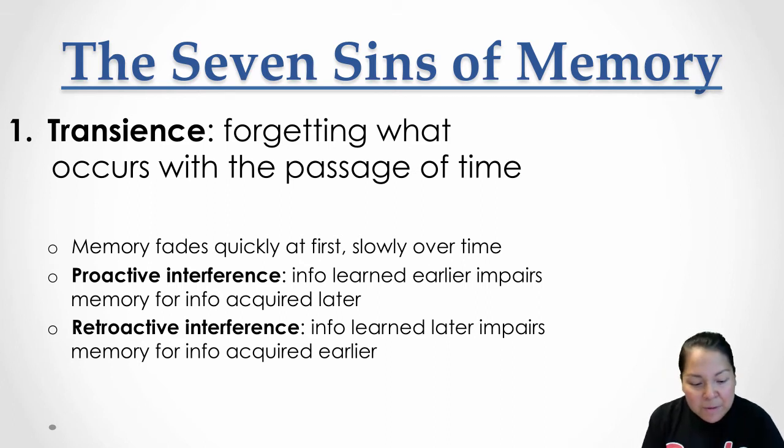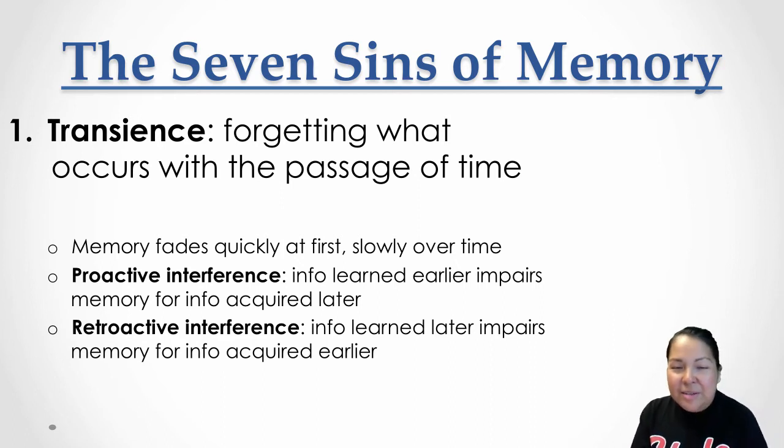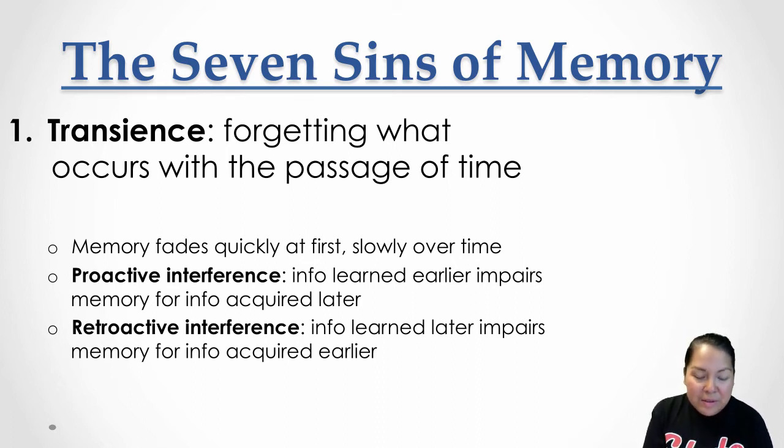So the first one that we'll talk about is transience. Transience occurs after the memory is encoded, but before it's retrieved. So it's information that is lost while being stored. One way of thinking about transience is with short-term storage of our memories. So when you quit rehearsing that definition of a term that you're supposed to know for the exam, it simply goes away. And there are two distinct ways of interfering with information that is being stored, which include proactive and